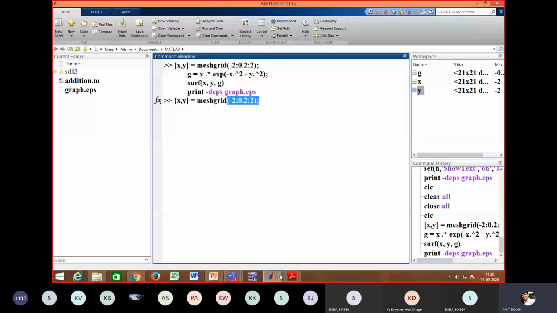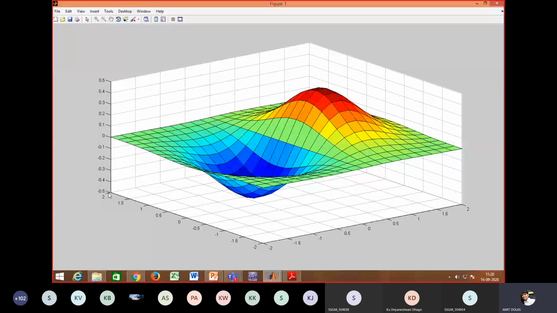Now we have an output window where you can see the mesh graph is given, the 3D plot is given. So you can see the range of x. On the left-hand side bottom corner, we have 2, 1.5, 1, 0.5, 0, minus 0.5, minus 1, minus 1.5 and minus 2.